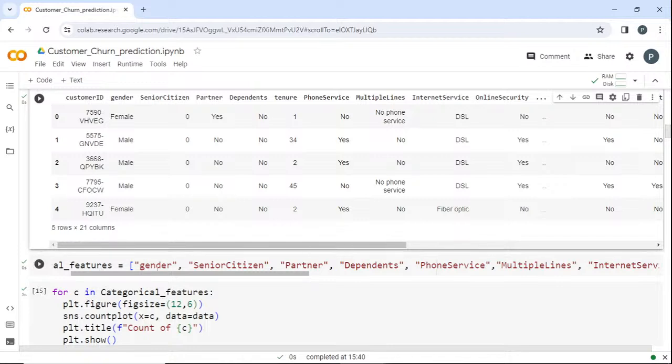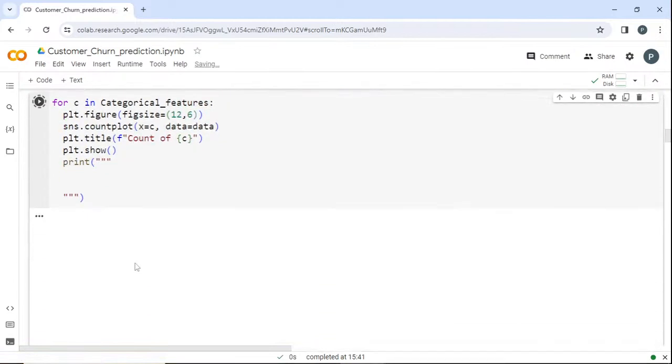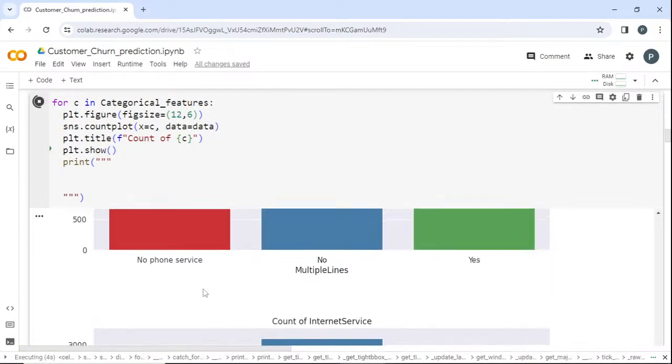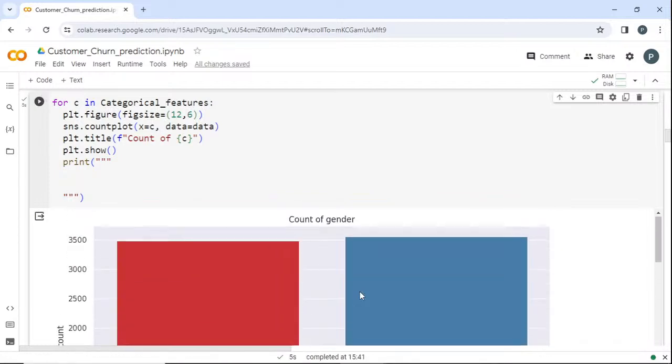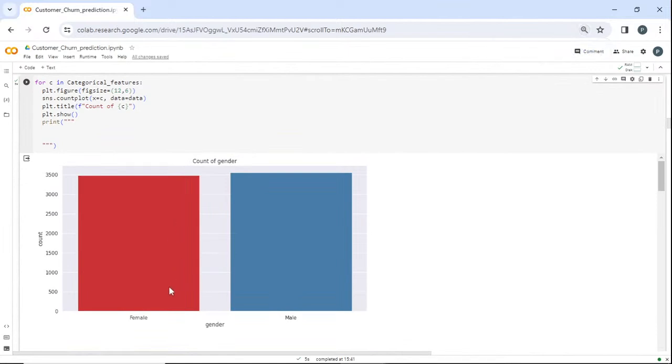I am selecting those particular columns, and I'm just going to use a for loop and perform a count plot, so I can get a count of how many people we have. I'll zoom out a bit, and the gender count in my data set of 7,000 is nearly equal, right? Male is higher, but there's very little difference between male and female count in my data.